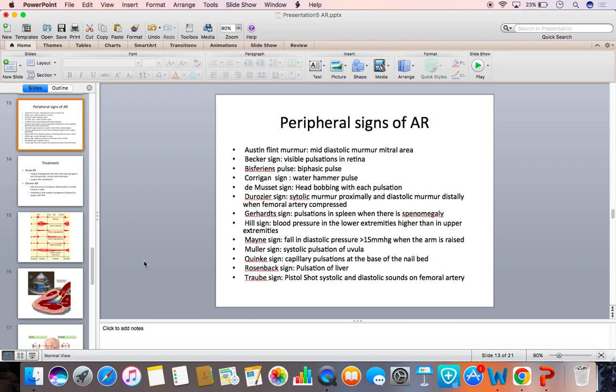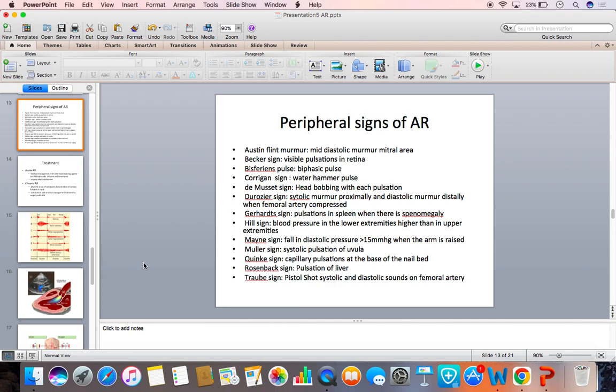Becker's sign. It is visible pulsation in the retina. Bisferiens pulse. It is a biphasic pulse that is seen in aortic regurgitation. Corrigan's sign. It is water hammer pulse. De Musset's sign. Head bobbing with each pulsation. Duroziez's sign. That means there is a systolic murmur